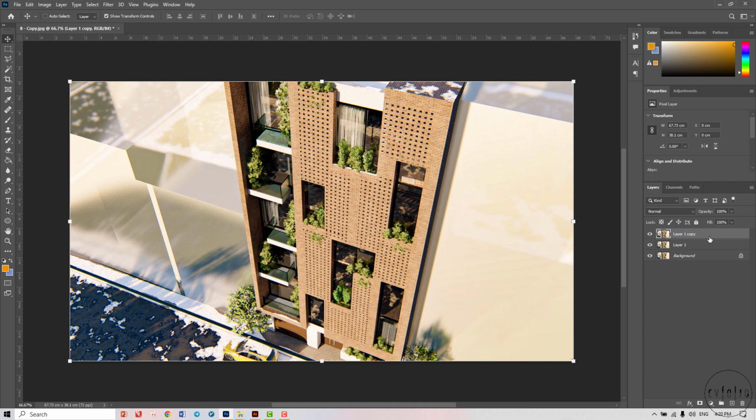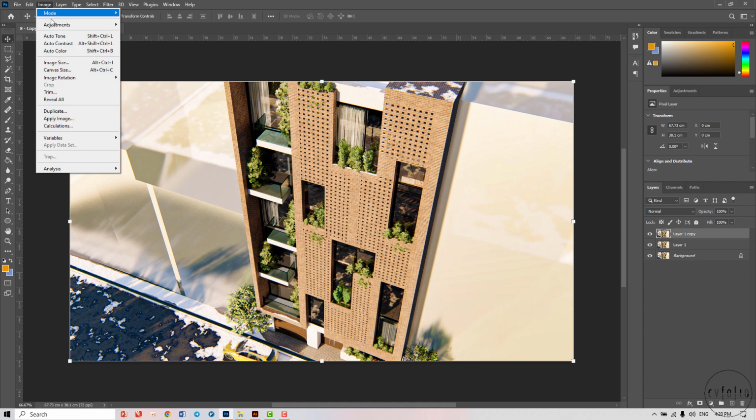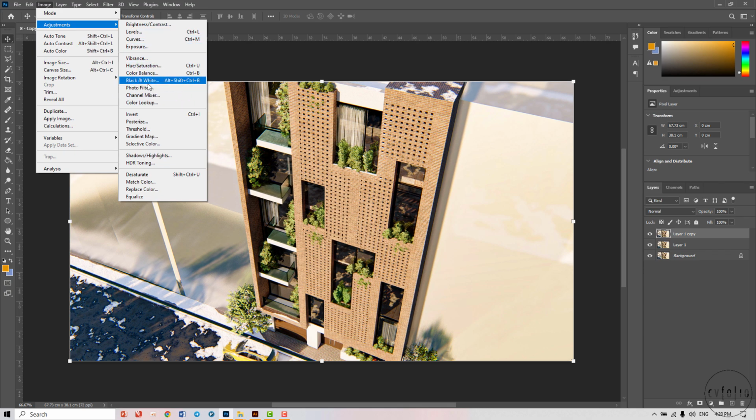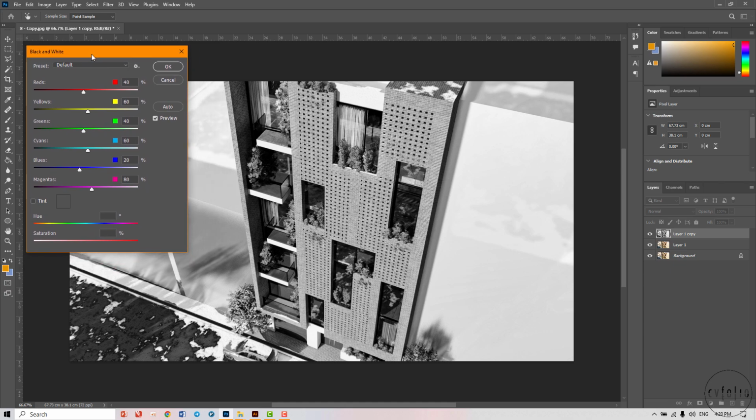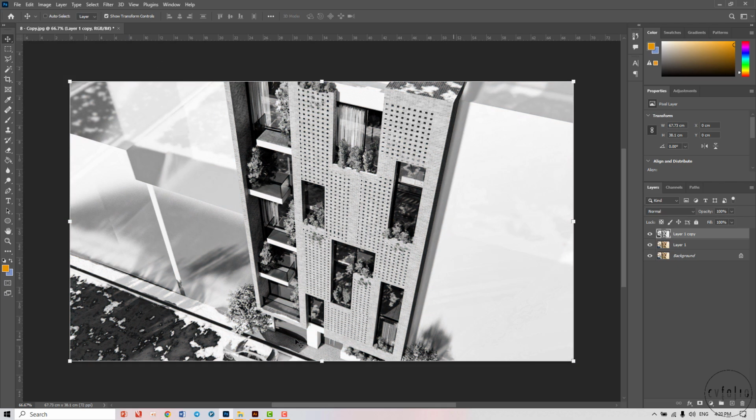So when I'm on this layer, I go to Image Adjustment and I go to Black and White, make it whole black and white, and I can change some of this setting here, for example something like that, like this. I guess it's enough, it's okay, and now you have this black and white. So the next step is to make a mask and bring back some of these colors. So I go here and make a mask, and now